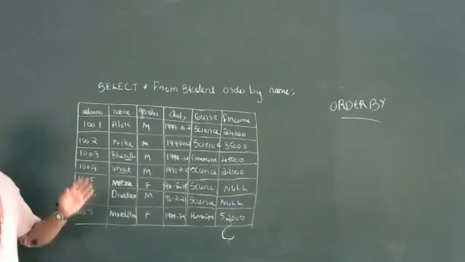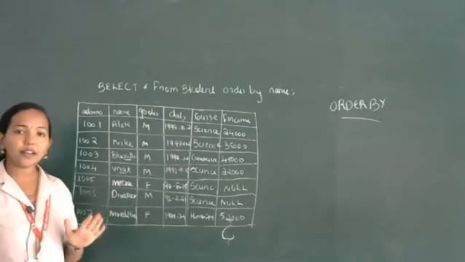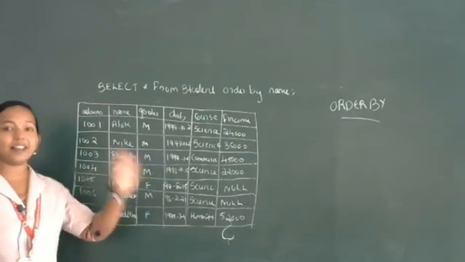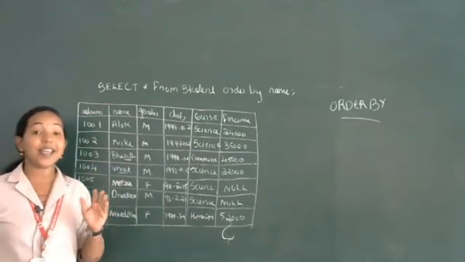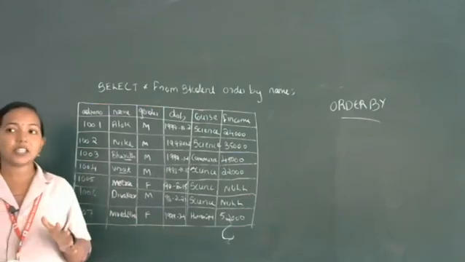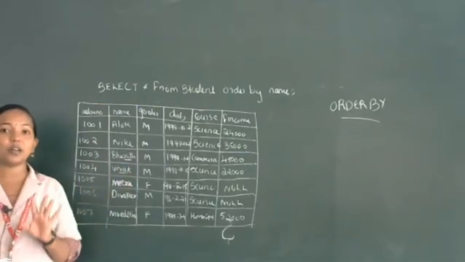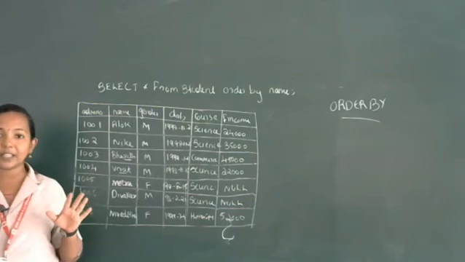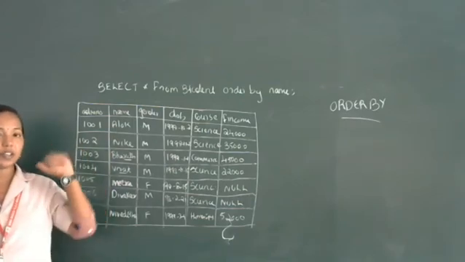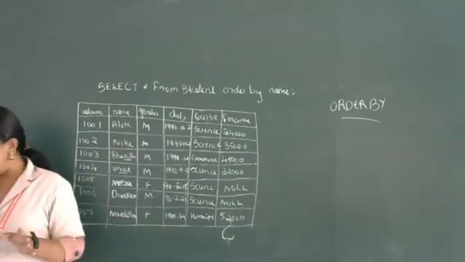Look here. In this example, did I use a WHERE clause anywhere? No. If ORDER BY is present, then you don't need to use a WHERE clause because it is directly ordered by name. In the exam, some students always use the SELECT command with a WHERE clause. So in GROUP BY or ORDER BY, please use the WHERE clause properly, otherwise you will get a wrong answer, especially in your practical.